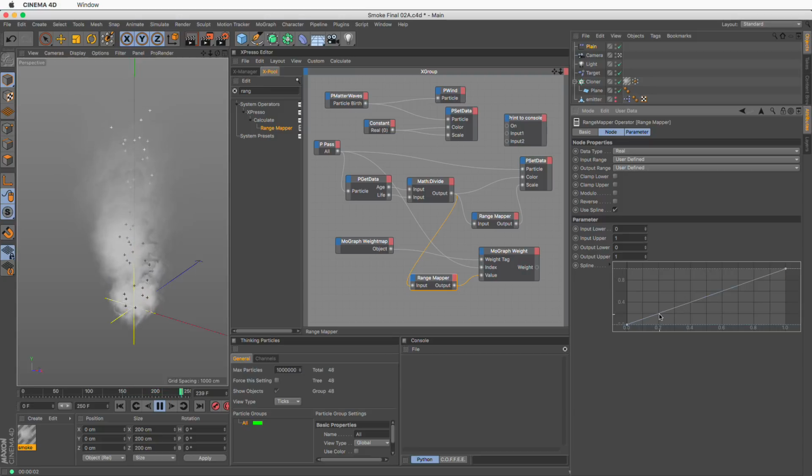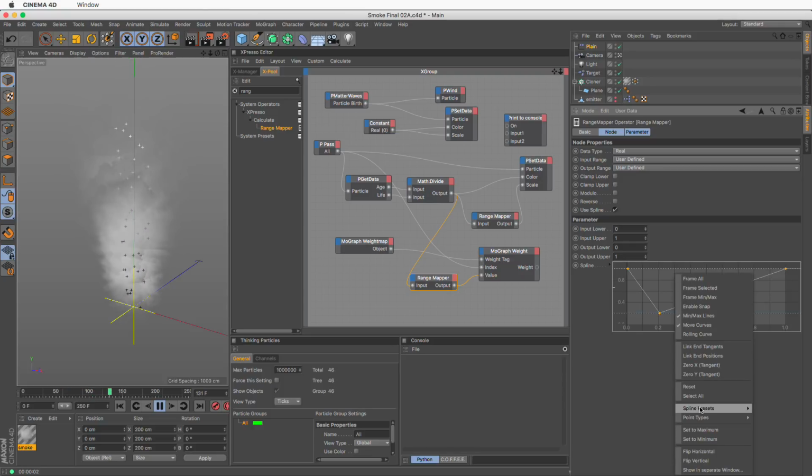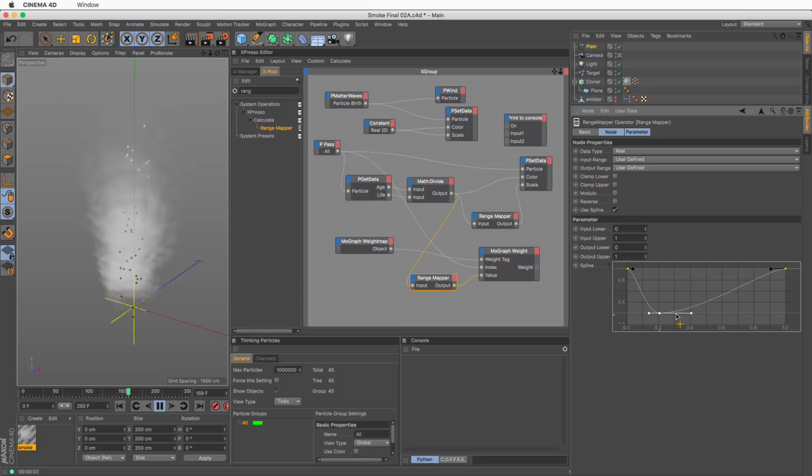I'm going to command click here to add a point, and what I'm going to do is raise this, and now you can see that they are entering from transparent to fully opaque, and suddenly they're going to start fading out. And if I click here and then press Command A to select all the points, and then right click and say, let's go to the point ease, easy ease, I can create a nice little slope.